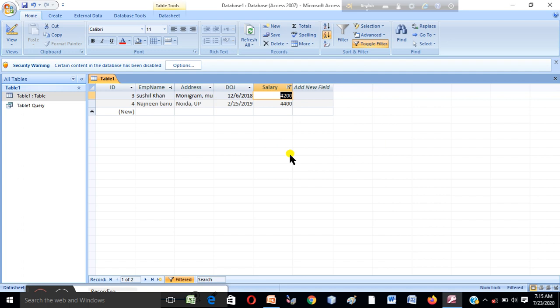That value is greater than or equal to 4200. By this option, we can filter the data in the table. So this is the portion for today's class.